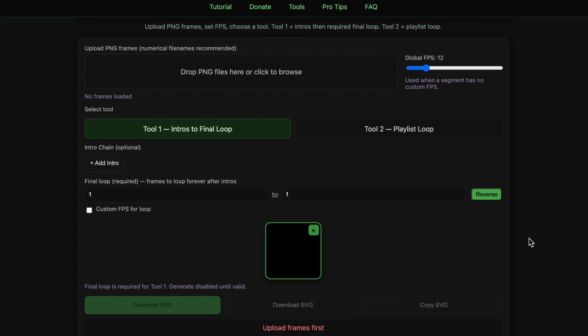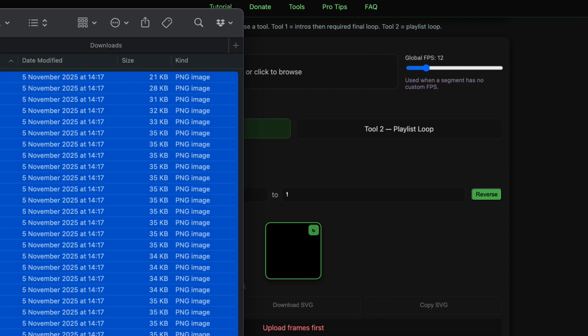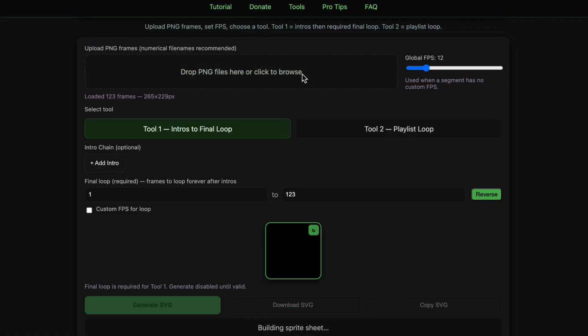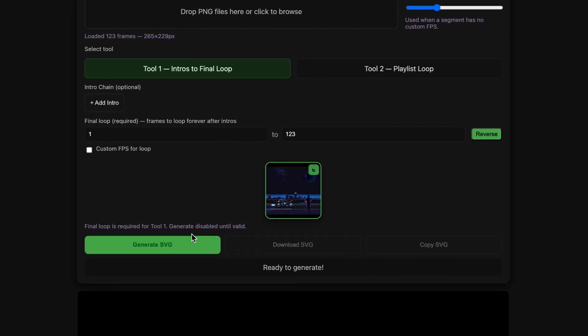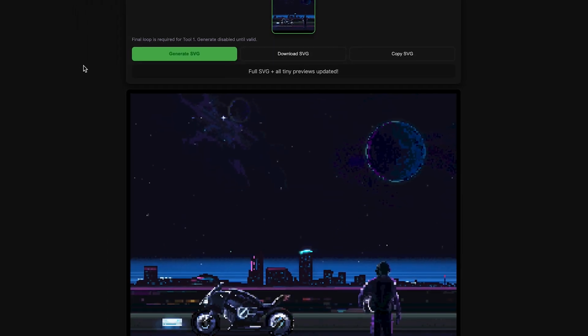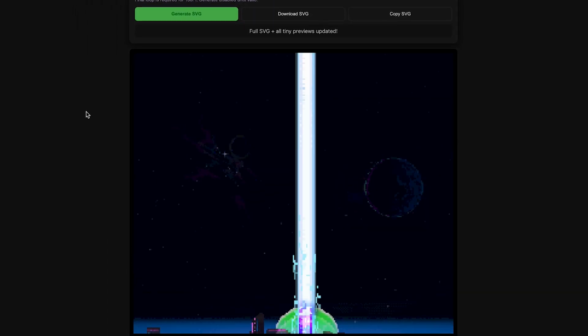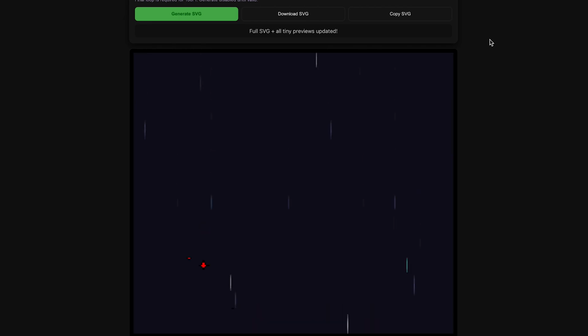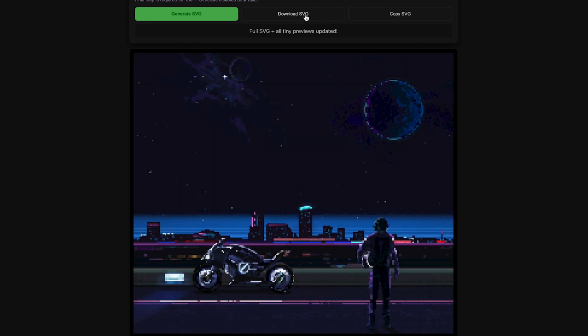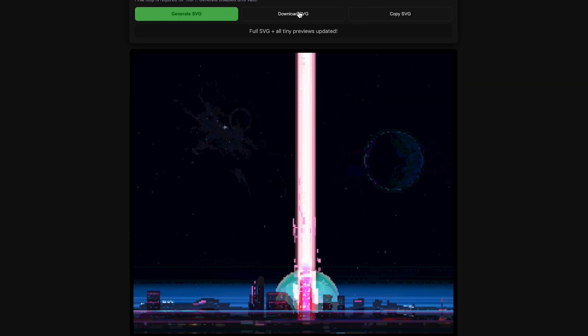Here's a quick explanation of how to use SVG Animator. So I'm going to bring in my sequenced PNG files and drag and drop them in. I can select a global frame rate and click Generate SVG. And so straight away we've got a looped animation that I can download as an SVG that fits any browser